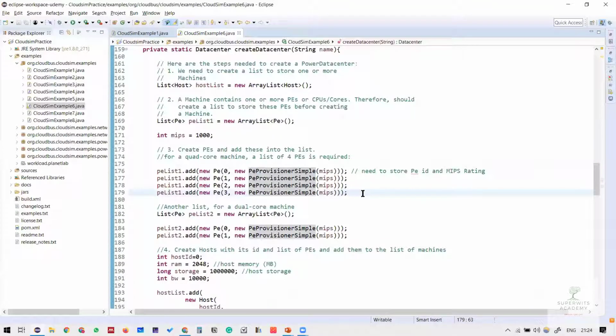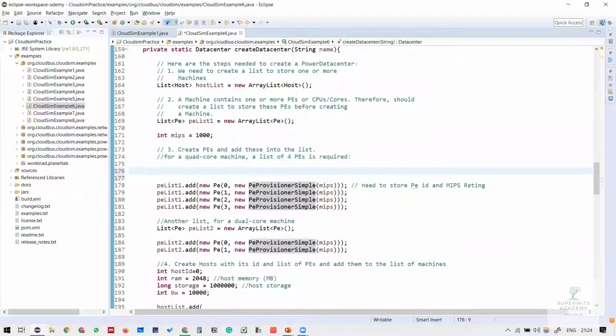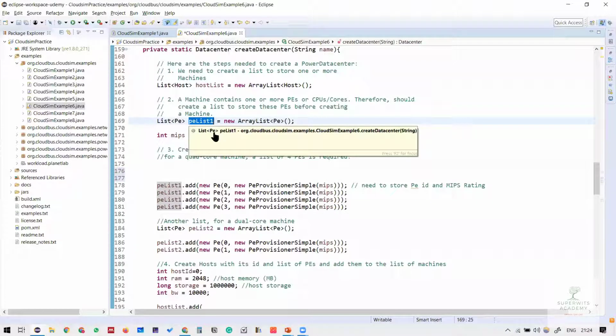So this is very important if I am trying to work on certain kind of research work which requires to benchmark with the real cloud. I need to map that particular configuration over here. So I'm just talking about this simple example right now. I'll be coming on to the Power Aware examples too. Here, because I need to have multiple instances of the processing elements within one list, I'm talking about processing element list one.